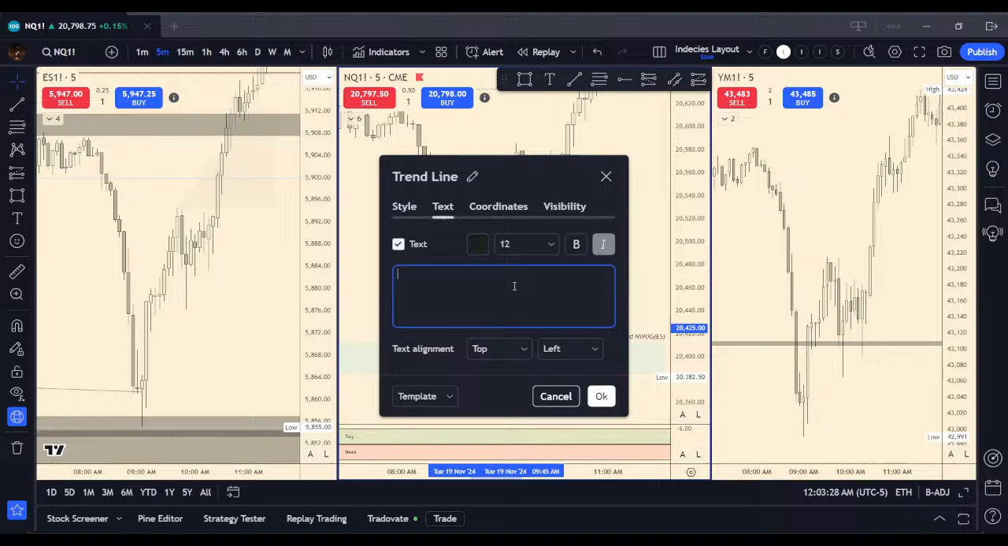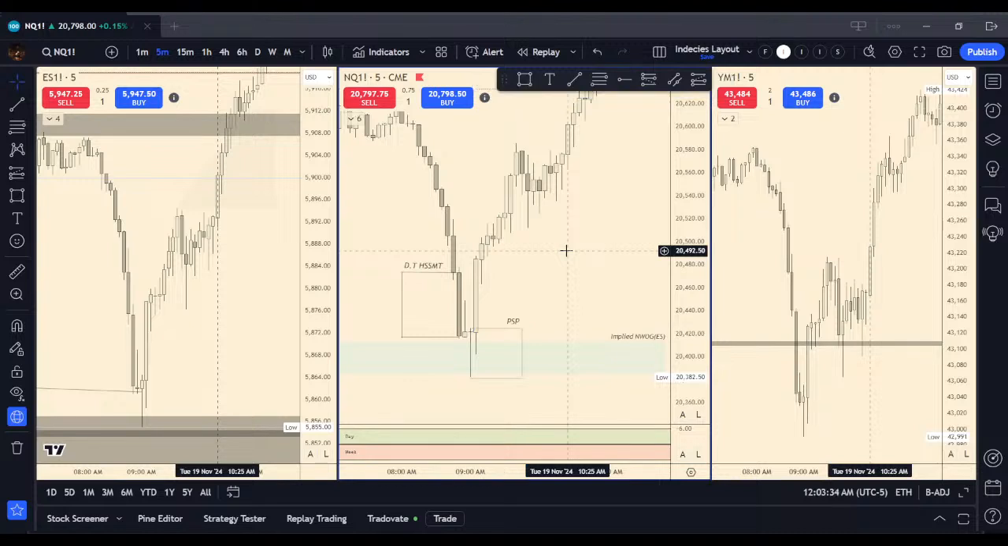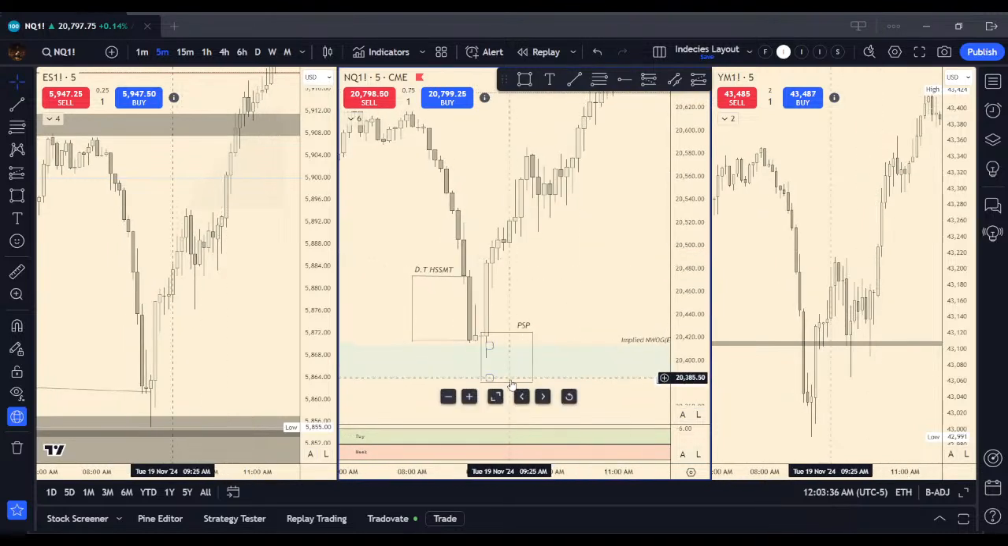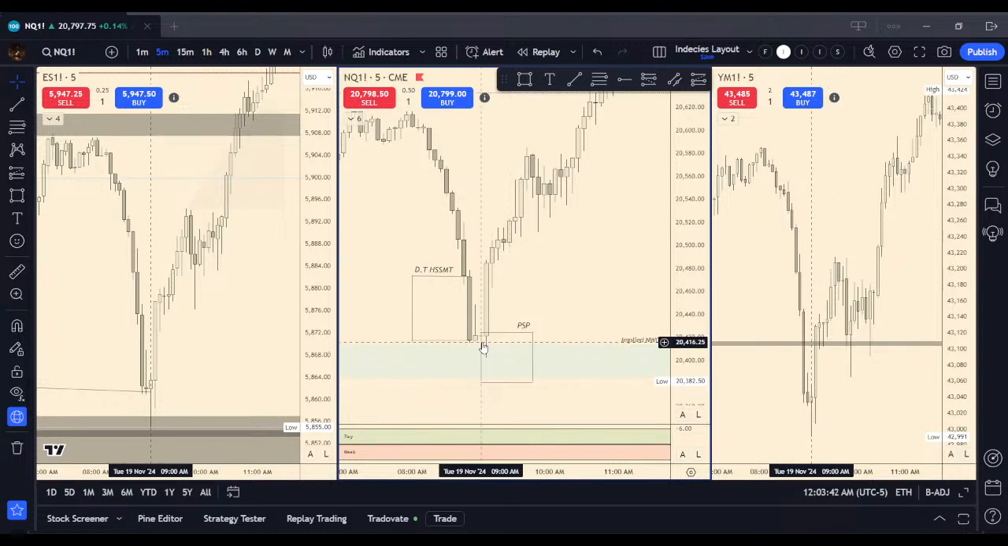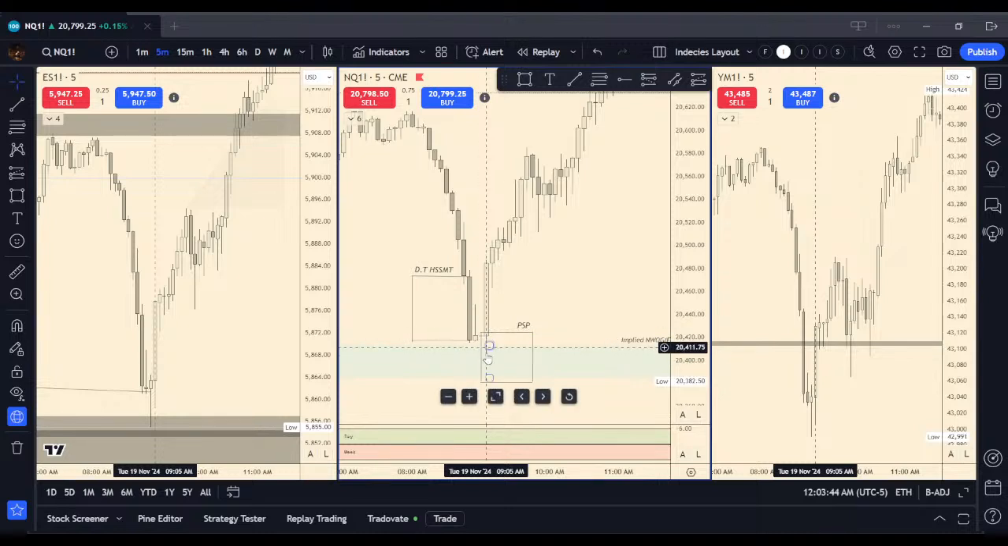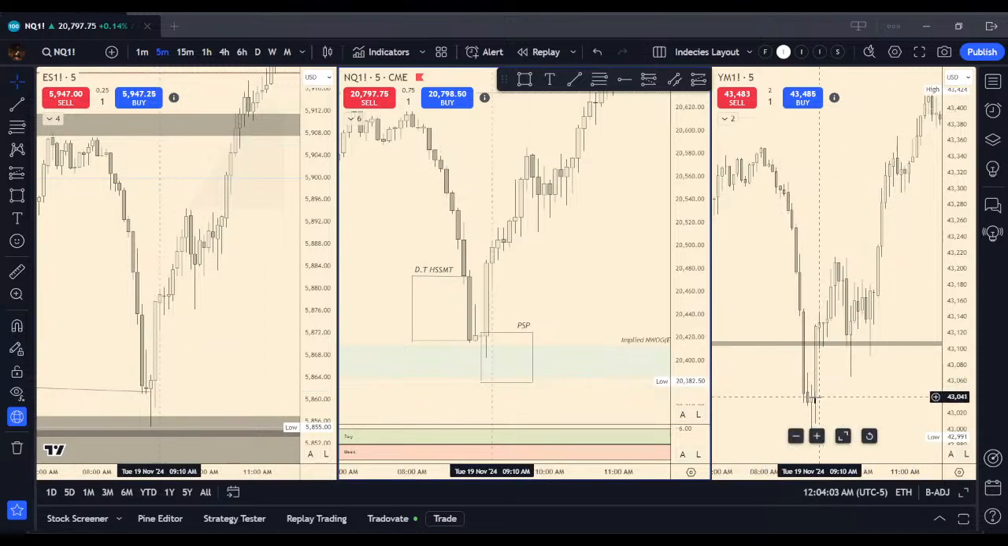Okay, this is going to be our PSP. And then using this as your entry model, if price trades back into this PSP, that's where you would take your entry. So right here, any of this. If there's any candle that trades back into this, you look for buys. So on ES it gave one opportunity, for NQ it gave one opportunity, and then for Dow it actually created a fair value gap